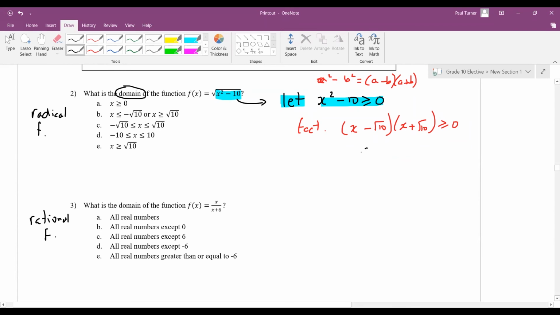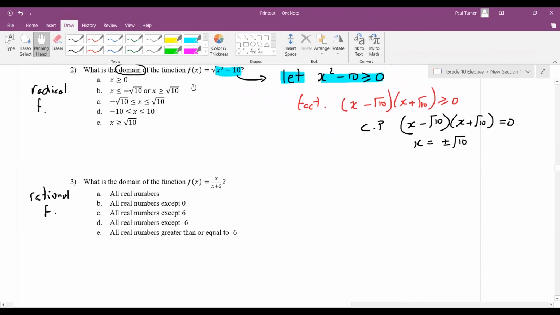So your critical points, remember, well, let's just write this out. x plus root 10, and let that equal to 0. So x must be plus or minus root 10 here. So these are your critical points. And I'll do this by graphing because I think it's a bit quicker. I'm not graphing this yet. I'm just trying to get x. So we've got root 10 and minus root 10. And we're looking for where the graph is above the